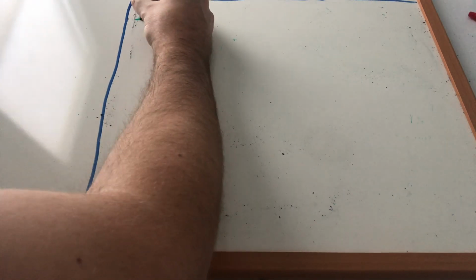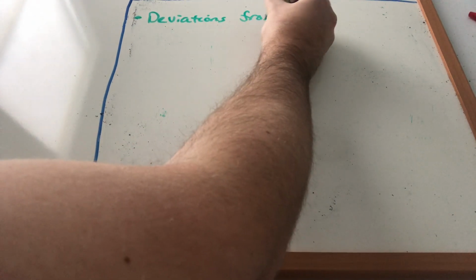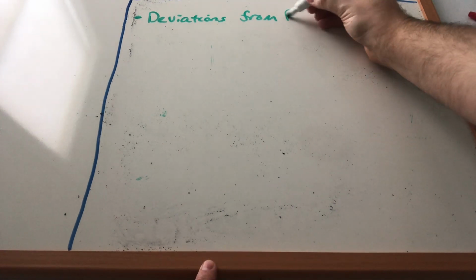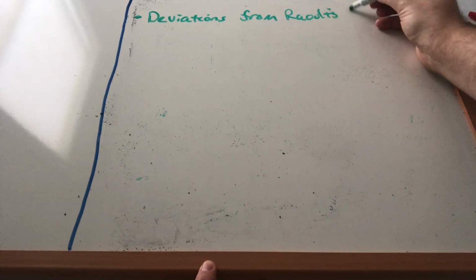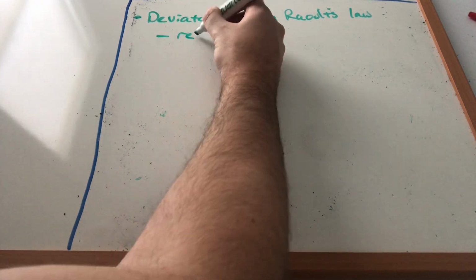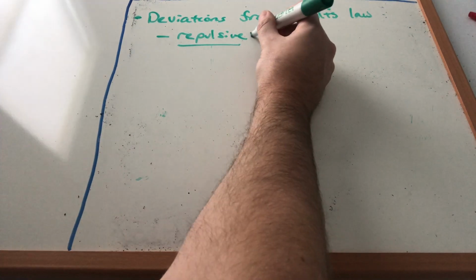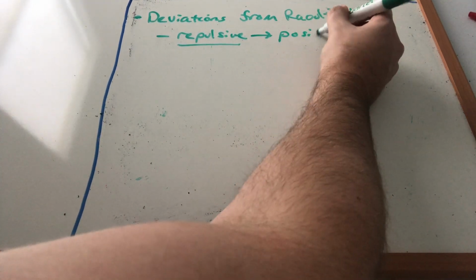All right. So what happens when you don't have an ideal solution? Well, Raoult's law will not be applicable, but what we're going to get are deviations from this Raoult's law standard that we're starting to describe. And if you look at the interactions that are involved and you've introduced a repulsive interaction, just like that last example, nonpolar things and polar things, they don't like to be near each other. If you introduce a repulsive interaction when you make the mixture, then what we're going to say is that we have a positive deviation